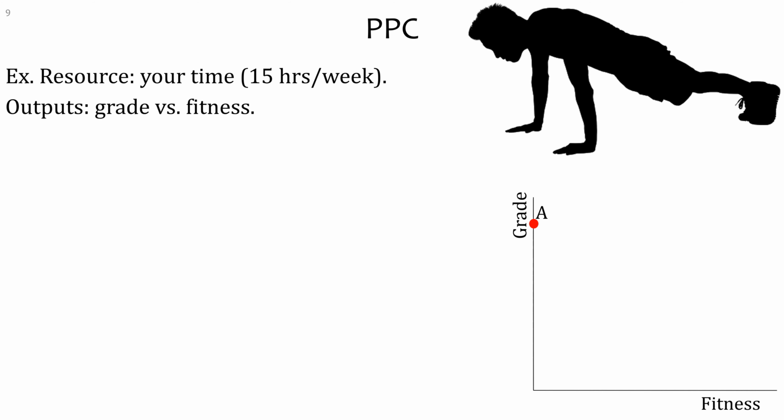Now, if you want to get some fitness, you need to sacrifice, right? You have to sacrifice some of your time. You have to study less so that you have more time in order to get fitness, right? So what you get is point B. The fitness is higher, the grade is a little bit lower, and you're going to have more points, but this time it's not a straight line. Okay, so if you connect them, you're going to get a curvy thing,